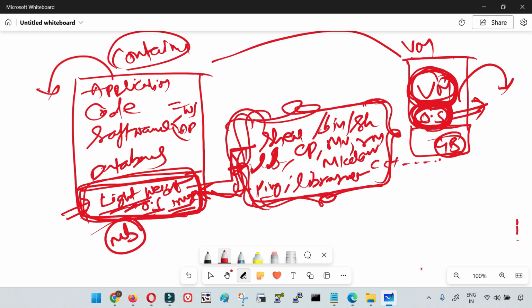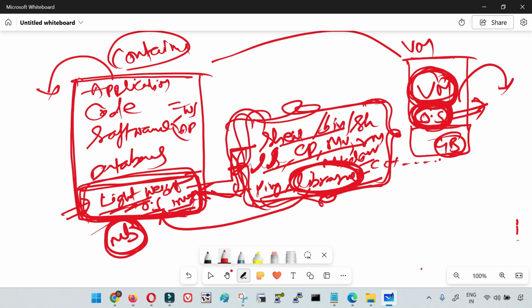Okay, so specifically when we talk about the library files which are installed at the OS level, these are also packed in this particular lightweight OS image. And this is hardly a few MB, because this shell, all these command files, utilities, libraries are not going to take much space. It is hardly going to take a certain number of MB, right? So now this container has all the application code, software, database, and every other software along with the lightweight OS